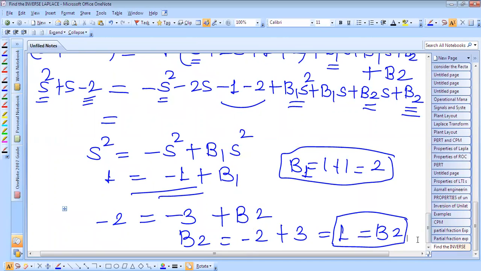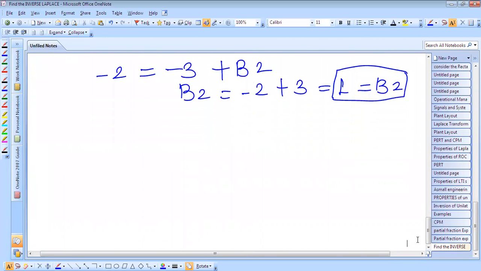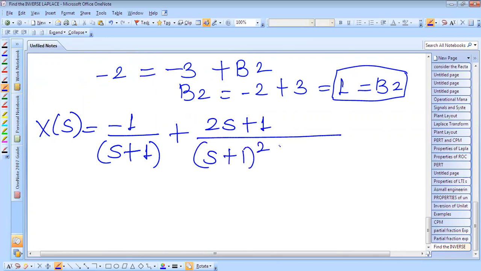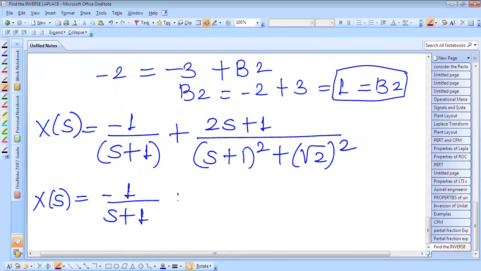Therefore, X of s is equal to minus 1 over s plus 1, plus what is the b1? b1 is 2, s, plus b2, it is 1, divided by s plus 1 square plus root 2 square. Okay. Now we can separate these terms further. Minus 1 over s plus 1 plus